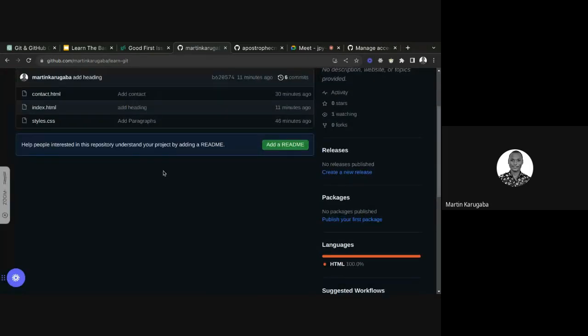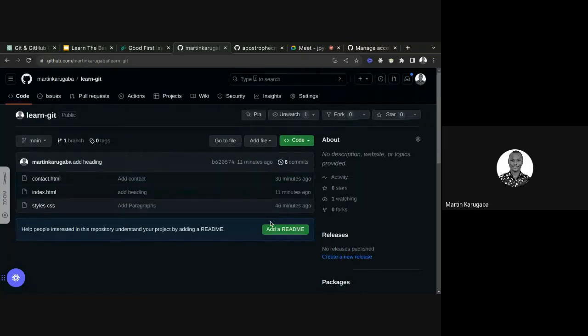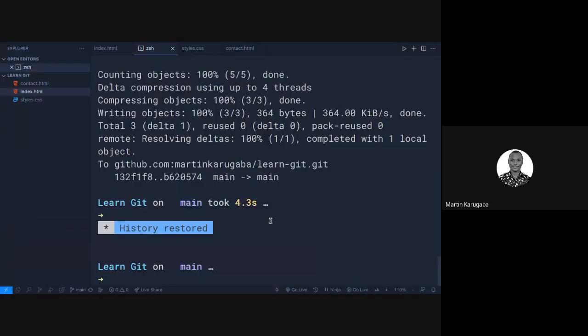Okay, so notice at this point we don't have a README file, and GitHub itself is saying you help people interested in this repository understand your project by adding a README file. So these are like GitHub best practices. It is not required, but it is crucial for you to have a README file. So we are going to add a README file in our